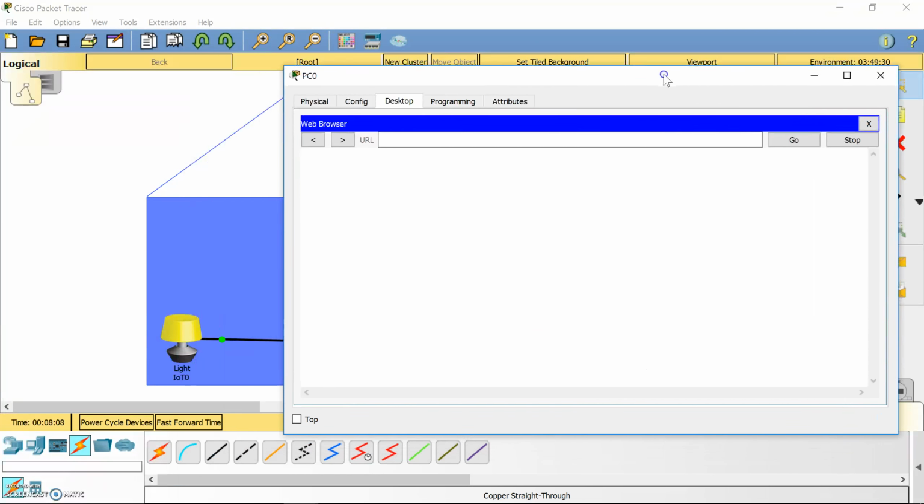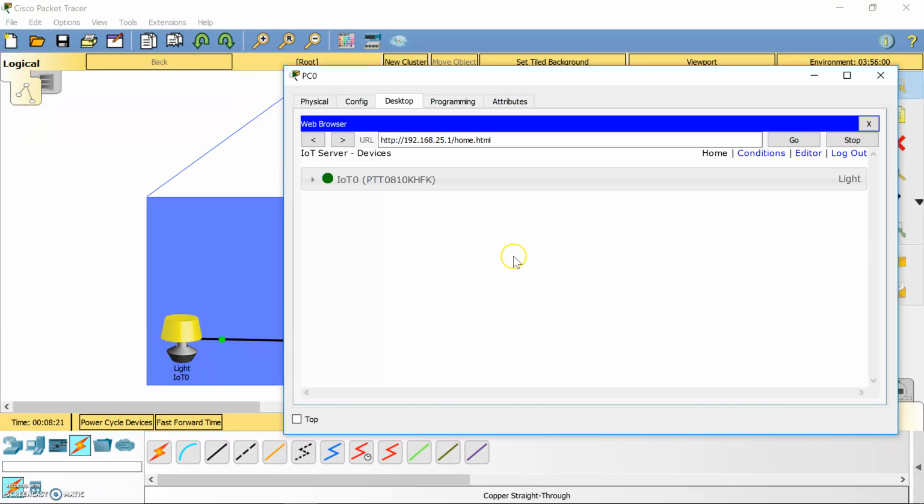Okay, let me go there. 192.168.25.1, that's the IP address of my home gateway. Username and password are admin. Very, very simple. And here I have a list of Internet of Things devices registered on the server, and my